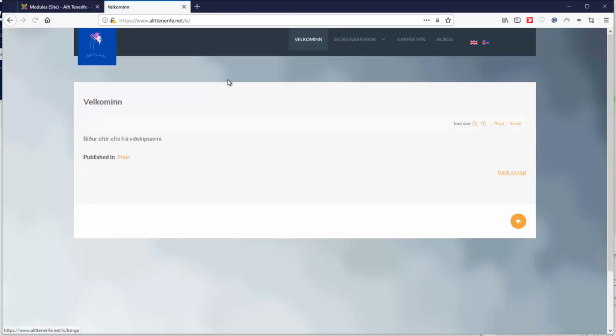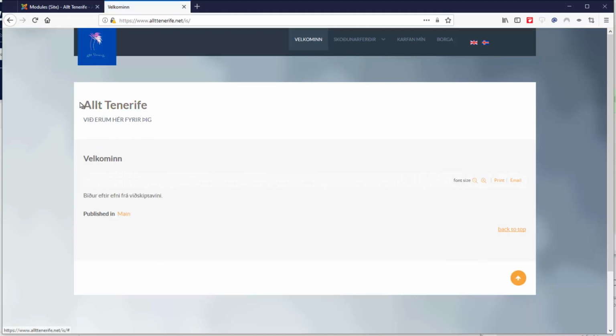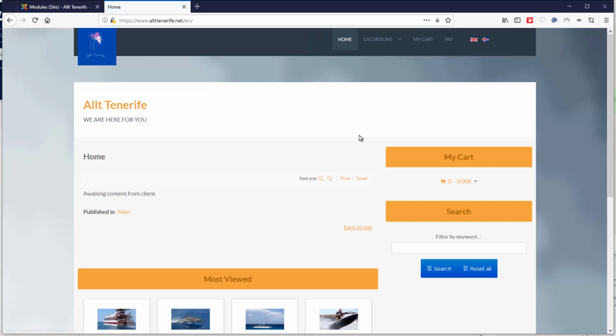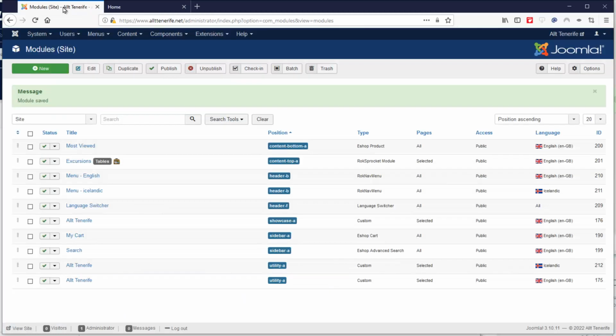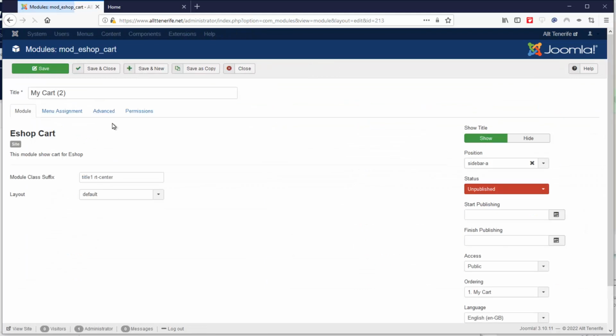We're in English, switch to Icelandic, refresh, and there we have it in Icelandic. So the other modules we'll need to do, obviously my cart and search, so let's do those now. So we have my cart, so we can just put a tick in that box, select duplicate, and take that, translate that,